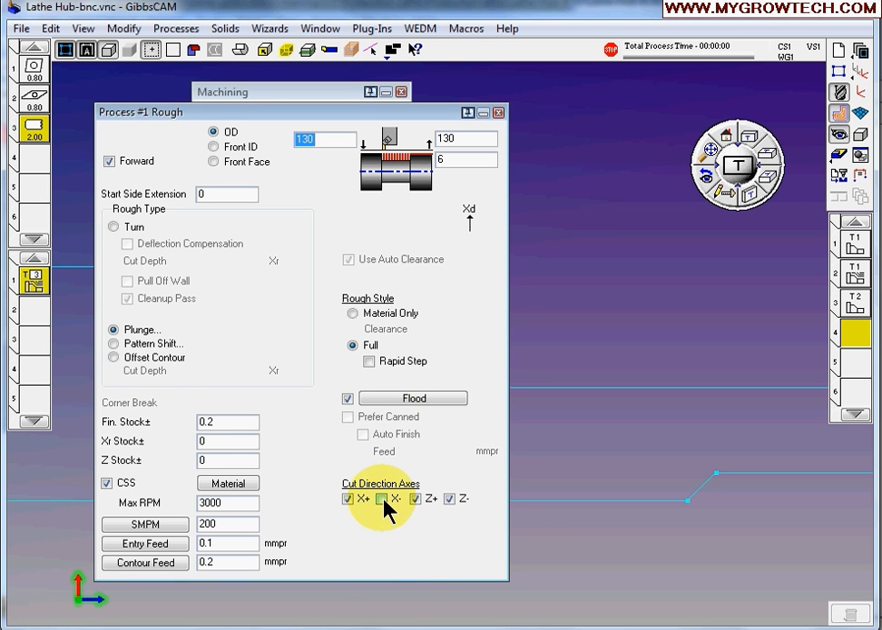Make sure you turn on this X minus, and finishing stock. I will leave 0.2, it's okay. And maybe for this operation, I decided not to use constant surface feed. If you want it, you can turn it on. So now I'll turn it off. I use this RPM and the feed, and that's it. Make sure the setting